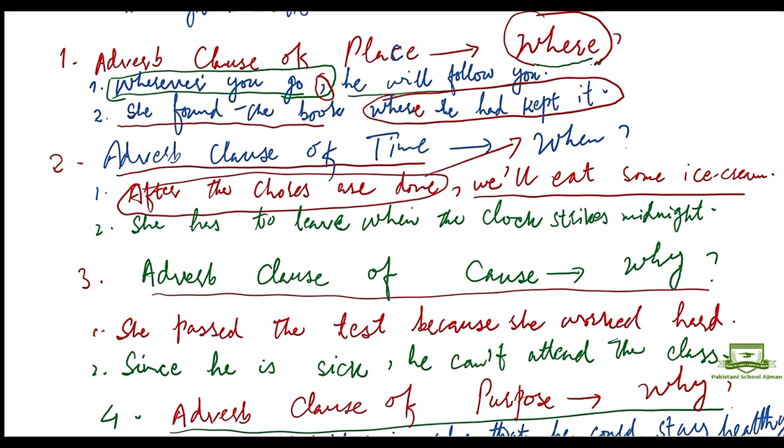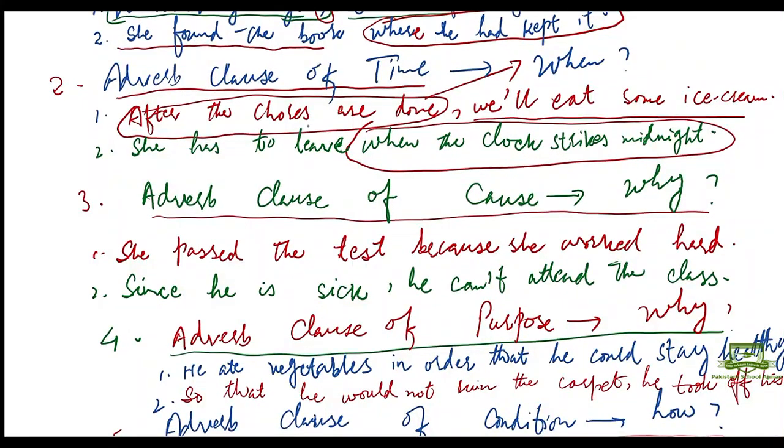"She has to leave when the clock strikes midnight." When does she have to leave? When the clock strikes midnight. So this is an adverb clause of time. And the same rule: if the sentence starts with the subordinating clause, you have to separate it from the main clause with a comma. But if your sentence starts with the main clause,